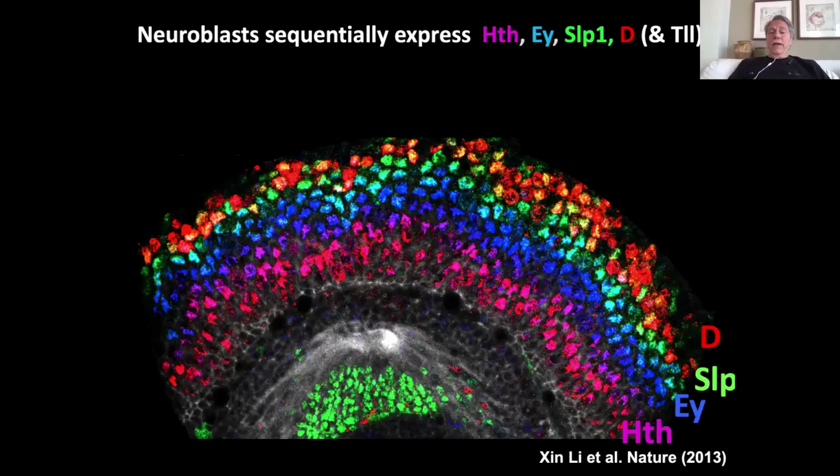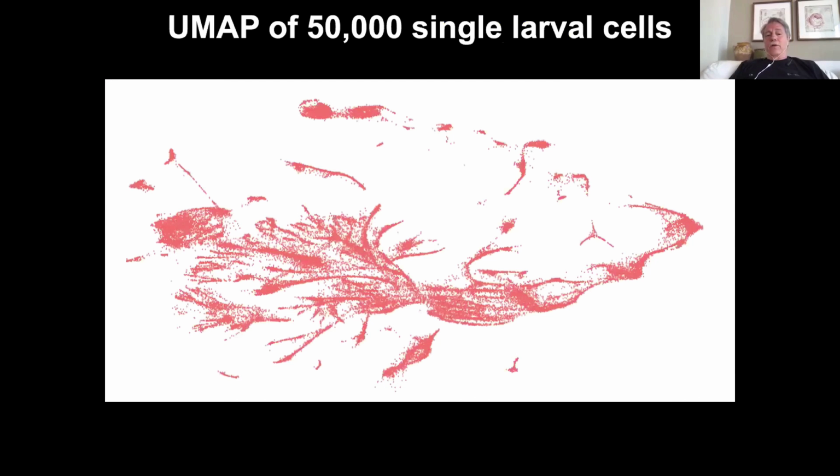So what we did, we tried to go back to the time when the neurons were being produced, when the neuroblasts were working, and try to understand how those neuroblasts could go through many types of temporal series and temporal windows to produce all the neurons which are required for that.